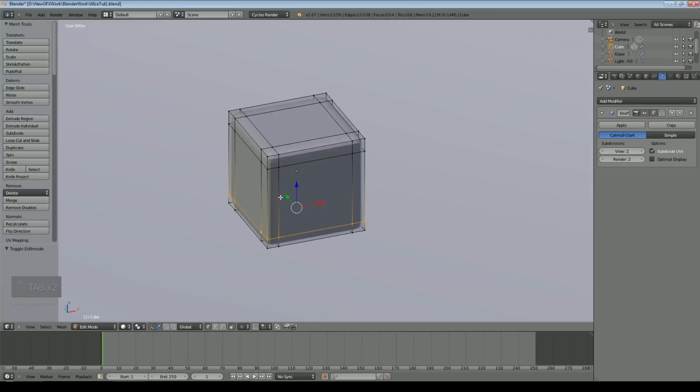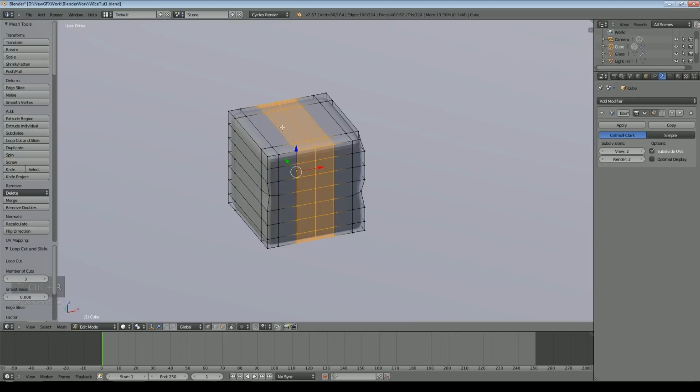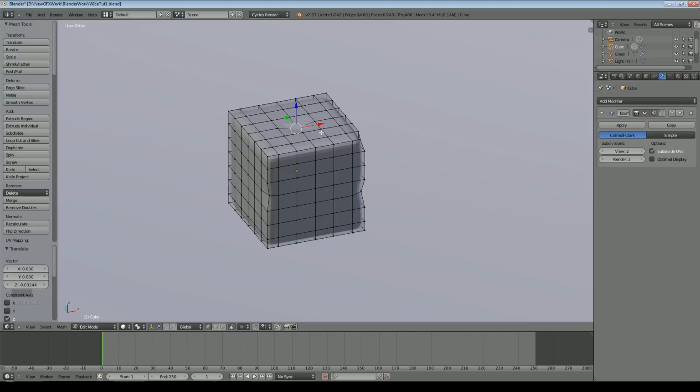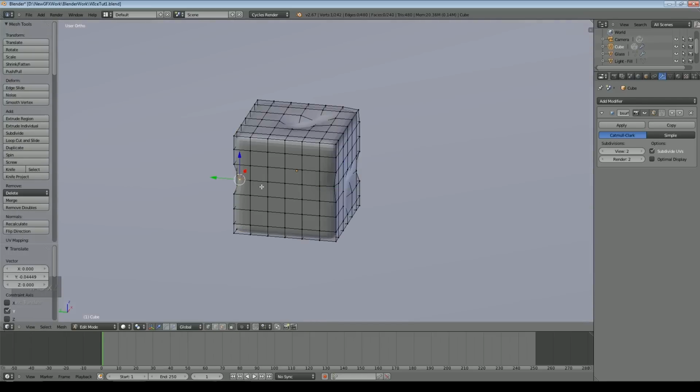And if you want to, obviously you can add some more cuts and then do things like putting little nicks and dents and whatnot into the ice cube to make it slightly more random. Put some cuts there, cuts there. Be aware that we are going to have quite a lot of geometry in the scene once we put the water simulation on, so it's just worth bearing that in mind, especially if it's going to be an animated scene or something like that. So this will do for the tutorial.